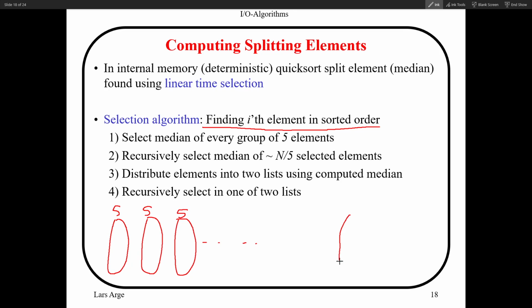Okay? This grouping is arbitrary, so you can just take the first 5 elements in the array to be the first group, and so on. So basically, you don't need to do any operations for step 1. Then you compute the median